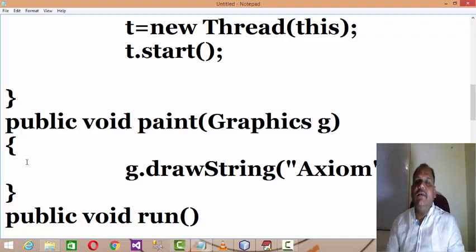This effect will continuously be performed.